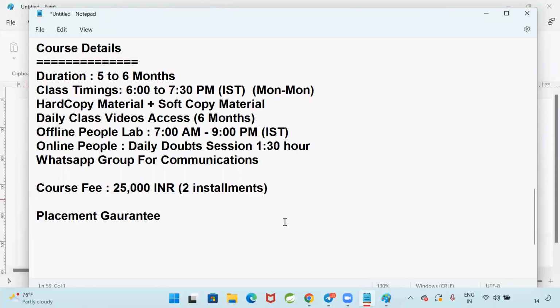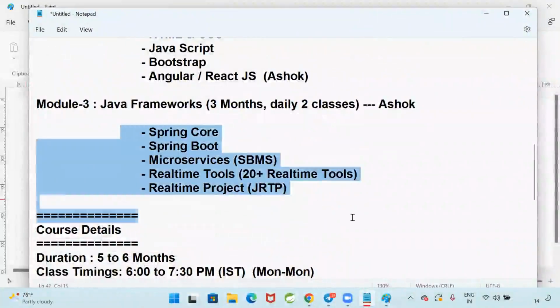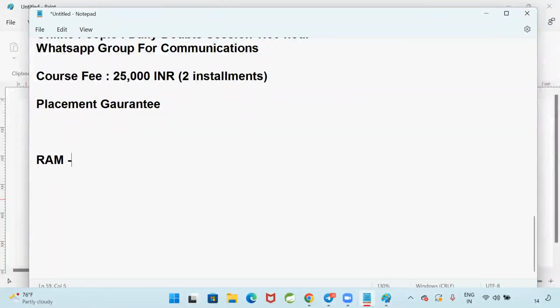The configuration, if you have 8 GB and i5 processor, SSD, that is best. Because when it comes to the frameworks, a lot of tools we are going to install on our machine, so system configuration should be a little high. If you don't have a laptop, please purchase a laptop with minimum 8 GB RAM, 256 GB SSD and i5 processor. If you have a laptop with 4 GB, upgrade the RAM. You can go to the computer shop and they will upgrade your 4 GB RAM to 8 GB. If you have 8 GB RAM, that will be good for practice.